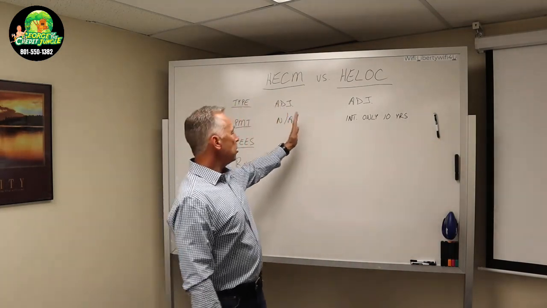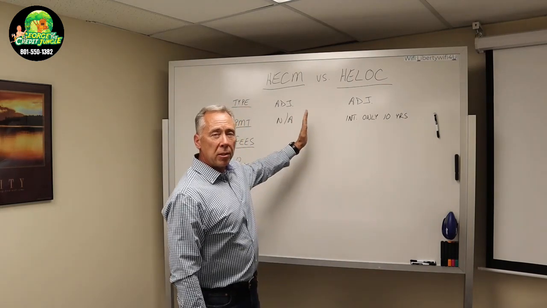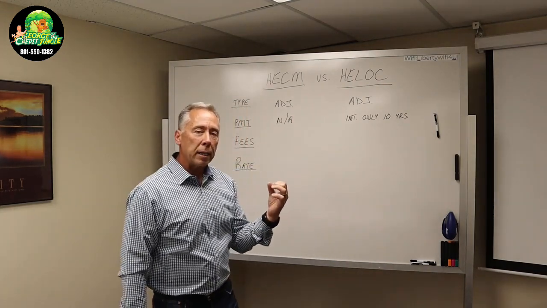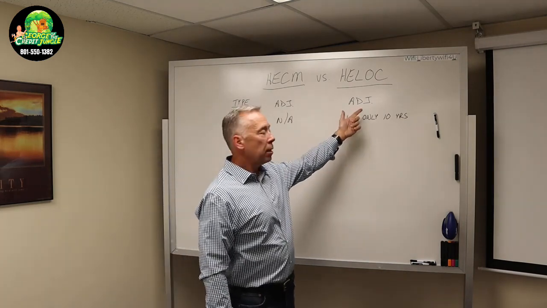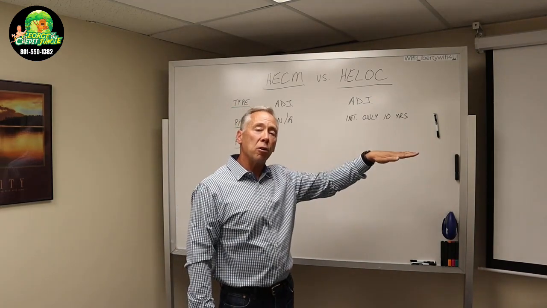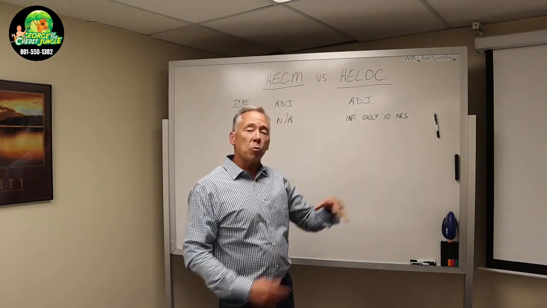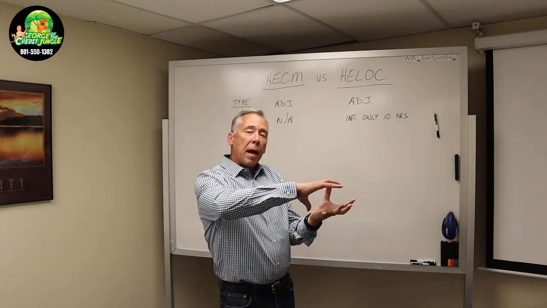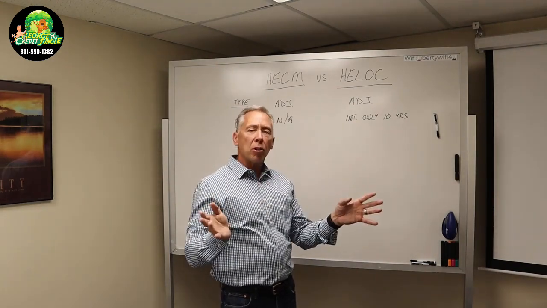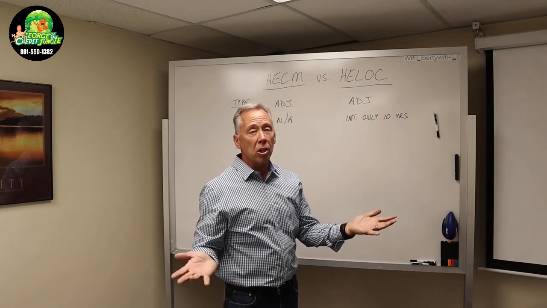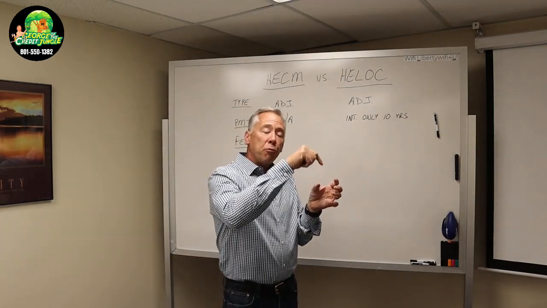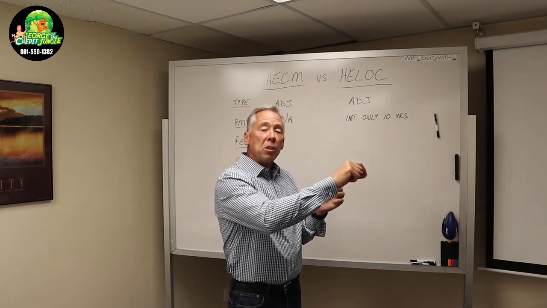So there are a couple of things here that are similar on these. Well, what type of loan is it? For a home equity line of credit, they are typically an adjustable rate, and you would have interest-only payments on it for the first 10 years. At the end of 10 years, whatever that balance is, then that will go to whatever the rate is at the time based on the index and the margin, which are going to be features of all adjustable rate mortgages. And then it will begin to amortize, and you'll have fixed payments over the next 15 years to be able to pay that off.